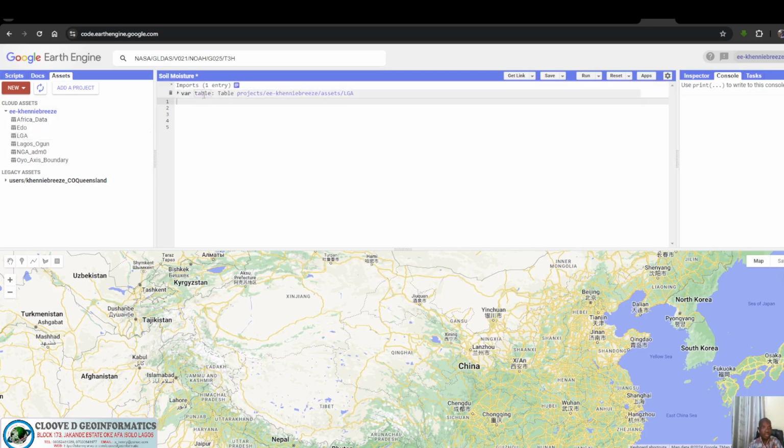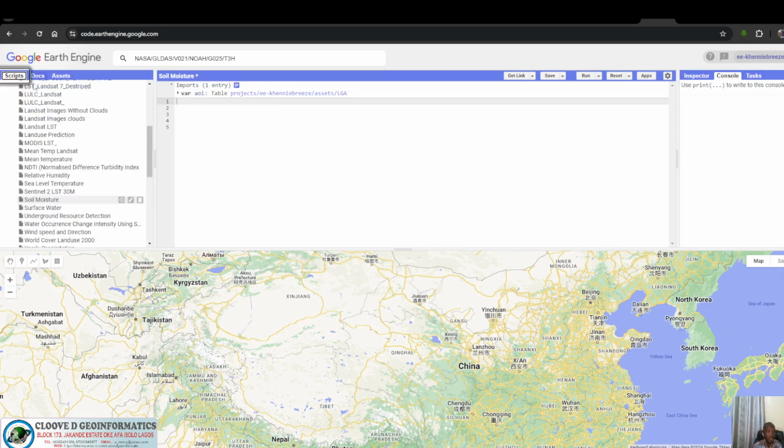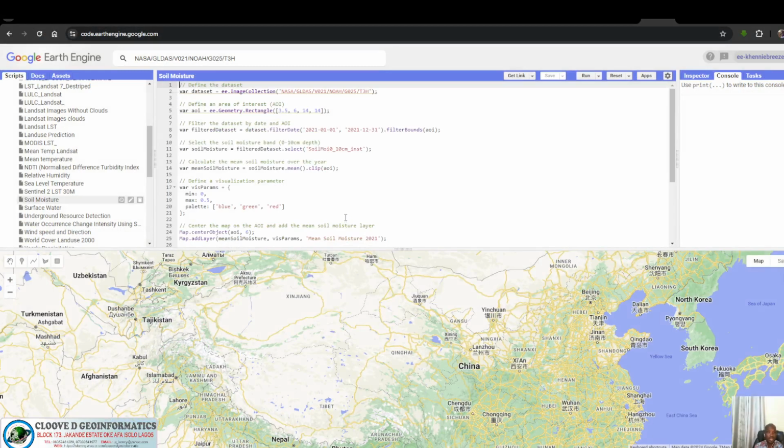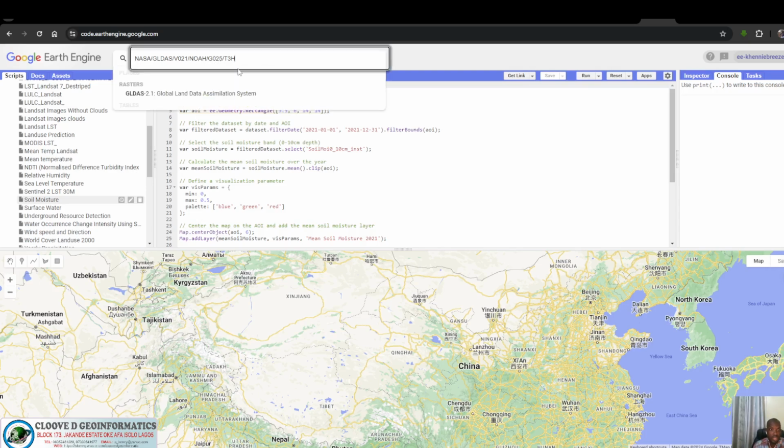and a stable, I'll put it as area of interest, AOI. Somewhere in the scripting I have the script of soil moisture. Okay, there it is. I call it up. Yes, so there it is. We have the data set. This is the data set. This is it here. And if you look at the snippet, like we said the other time,